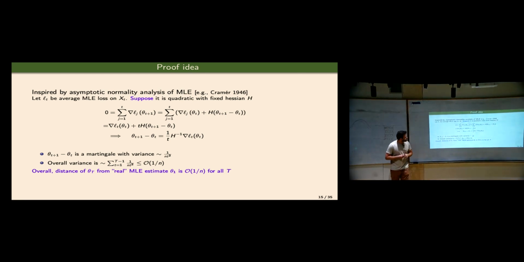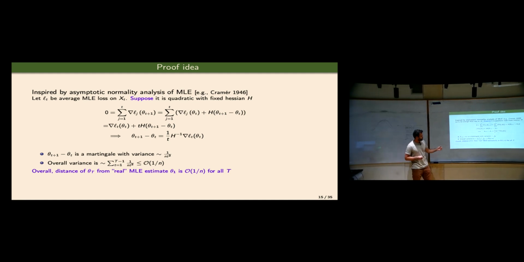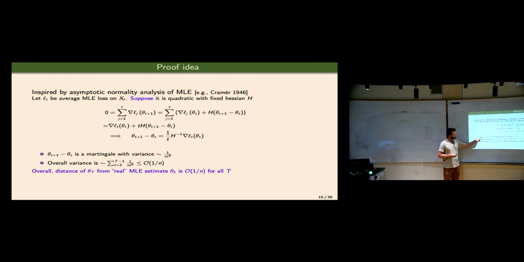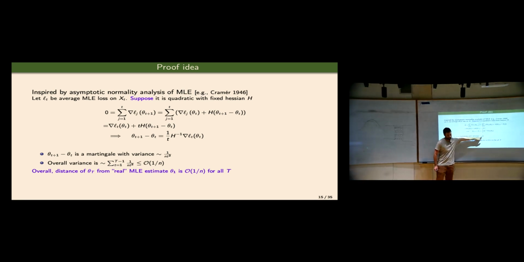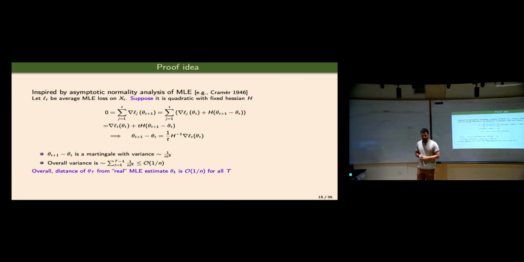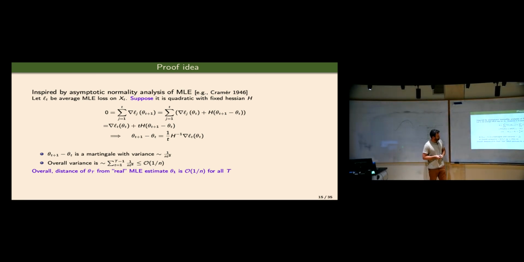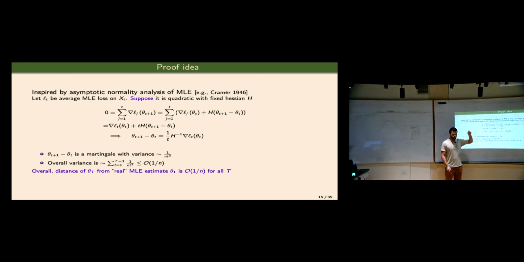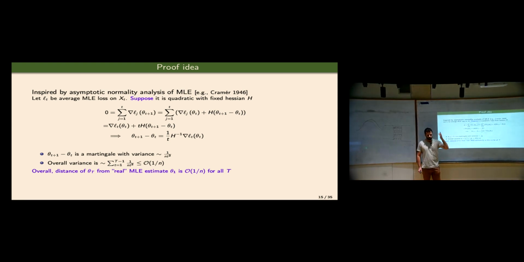The main thing that's interesting is that when you look at the gap between each model and the previous one, it's roughly going to be on the order of 1 divided by nt squared, and not 1 divided by nt. That's where the magic happens. Because then when you sum up over as many t's as you want, 1 over t squared just sums up to pi squared over 6. And so it's finite, and at most you're never going to be beyond 1 divided by n, more or less.